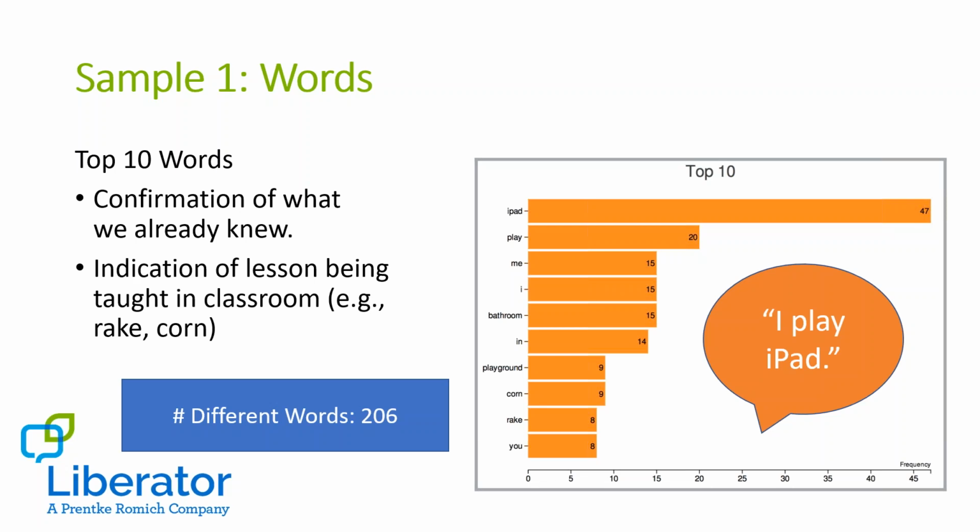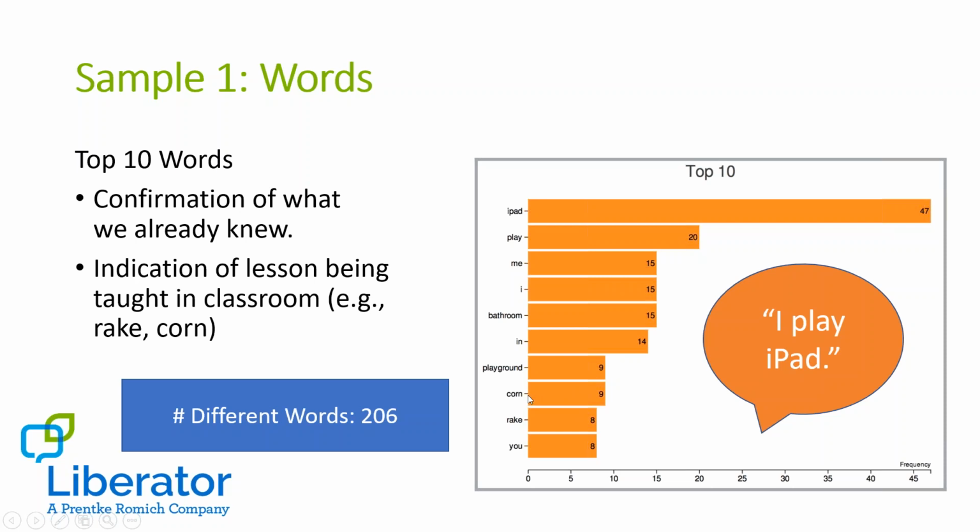This sort of thing gave them confirmation of something that they already knew. So they already knew he was using it to request iPad. Bathroom is in there, playground. There's also quite a high, so within that top 10, there's some topic-specific words that related directly to the topic